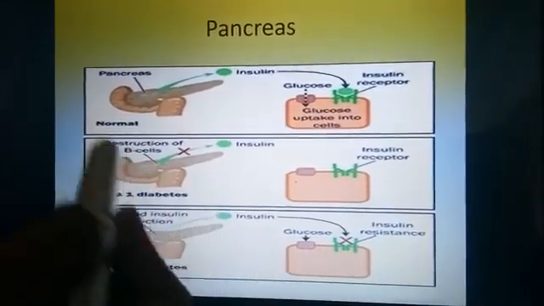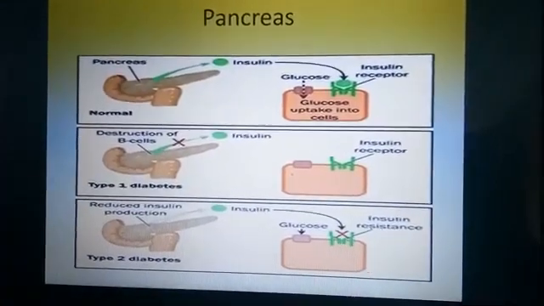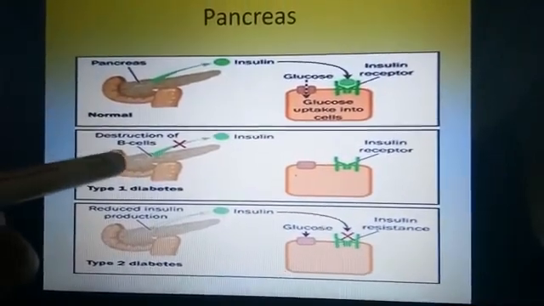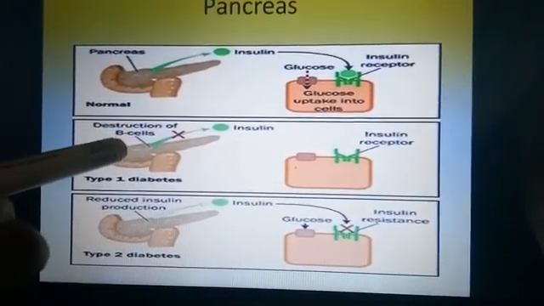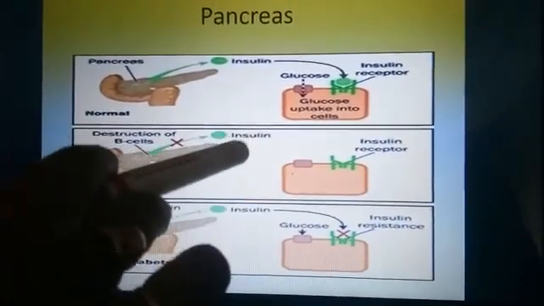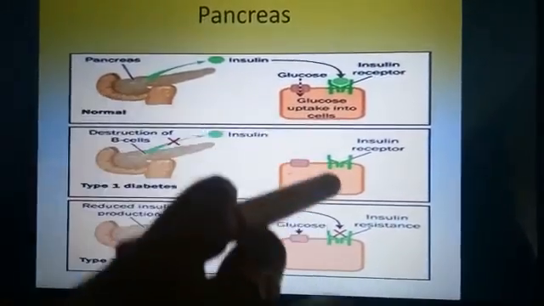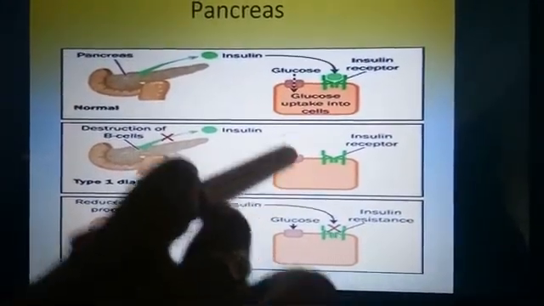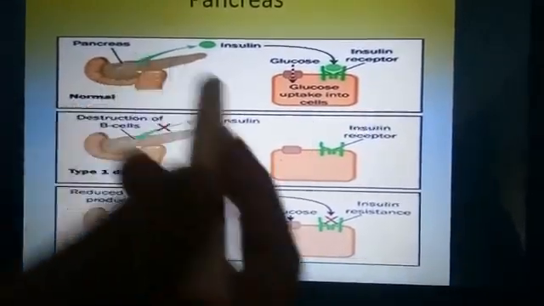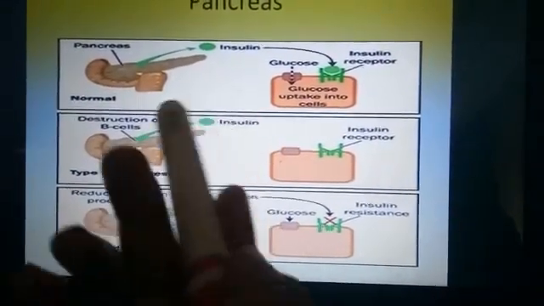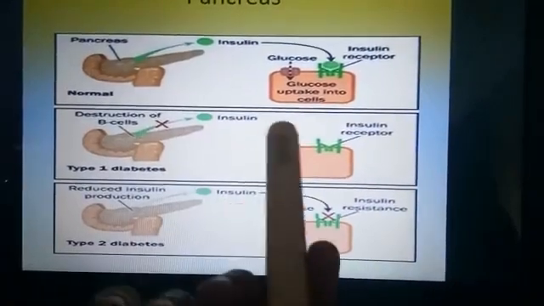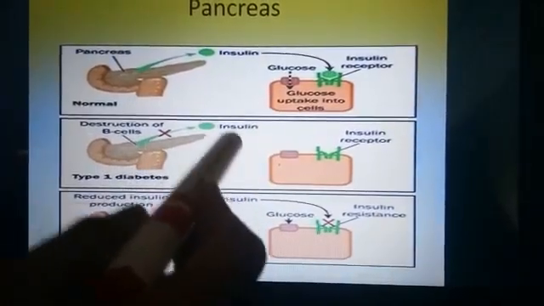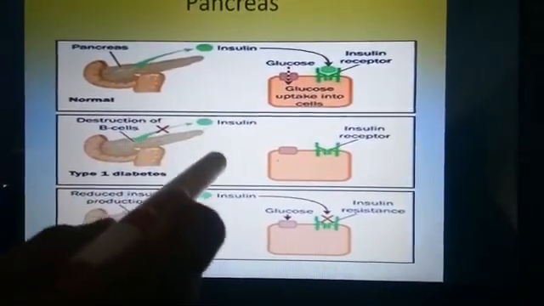When it comes to diabetes mellitus, you see type 1 diabetes. I told you in type 1 diabetes, insulin is not produced at all. There is a destruction of pancreatic beta cells, which causes a deficiency of insulin. Because of that, the cell is not able to absorb the glucose from the blood. That causes the symptoms I told you, excess hunger and tiredness, all those things, and that is due to this problem. And it is insulin dependent, where you have to take insulin injections.